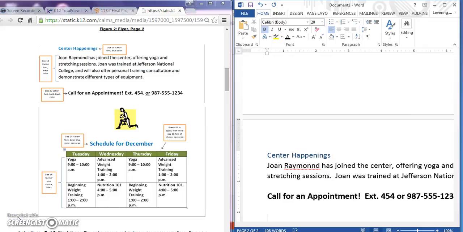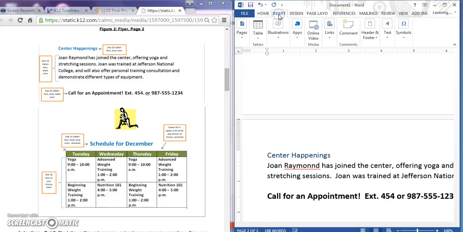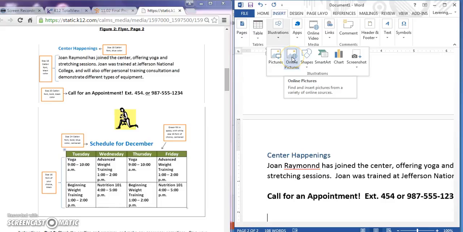Okay, so now we're back. We took about 15 to 20 minutes to work on that part of the assignment. And now we're going to continue on with inserting a picture and a table. So first we need to insert a picture. So I'm going to go to my document again, and I'm going to say Insert, and I'm going to choose, I need this bigger illustration, I'm going to choose Online Picture,